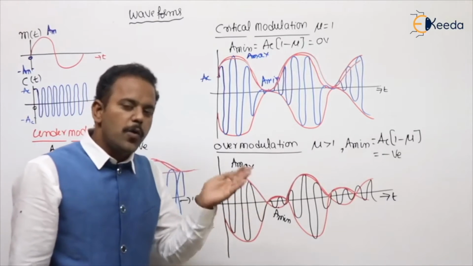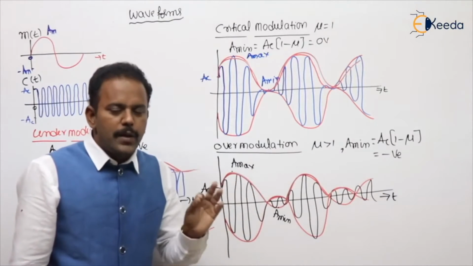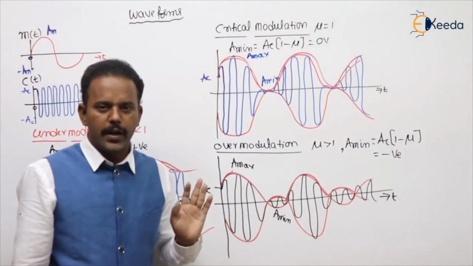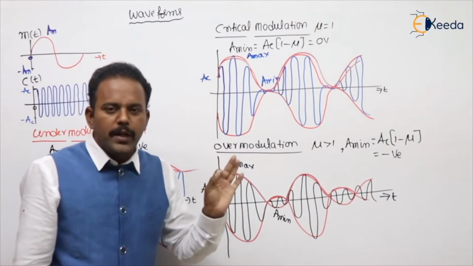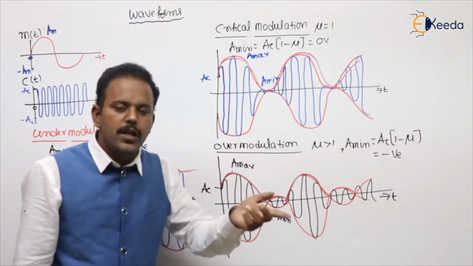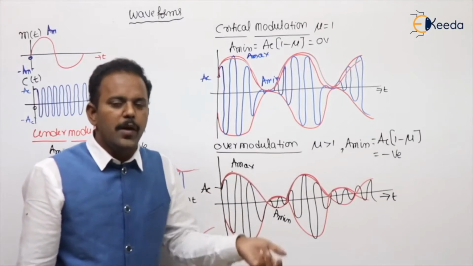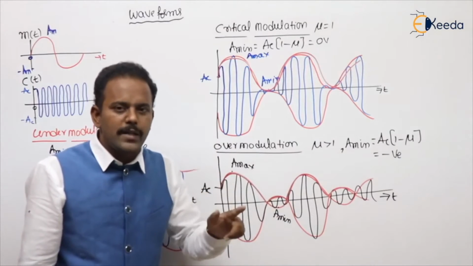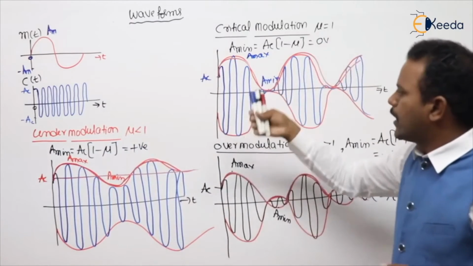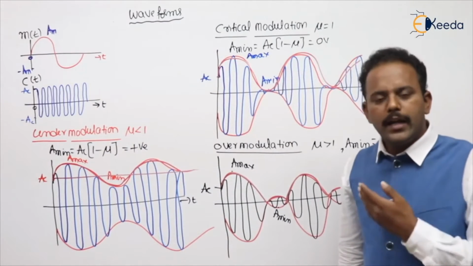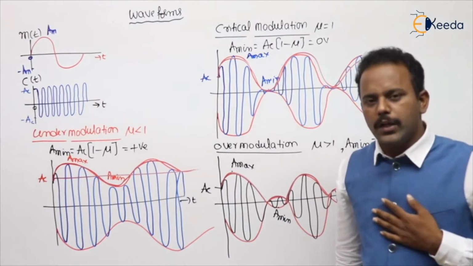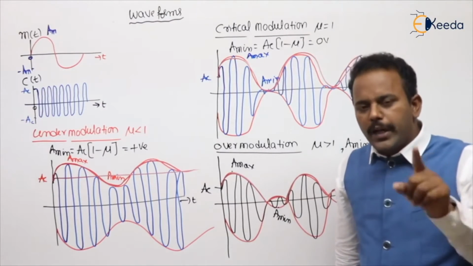So that's why if I go for envelope detection is nothing but a positive peak detector. Are you getting my point or not? Positive peak detector, so the positive peak should be equal to our message because it is using for the demodulation of AM, where the positive peaks are equal to our message only in under critical modulation. Anyhow, critical modulation is not possible, so we can go for a under modulation, then only envelope detection can work.